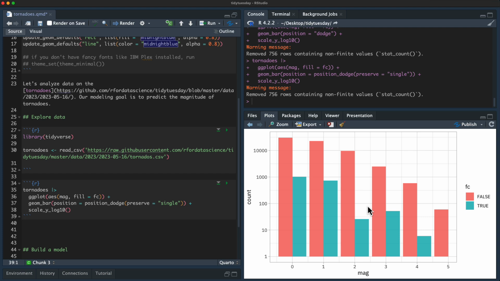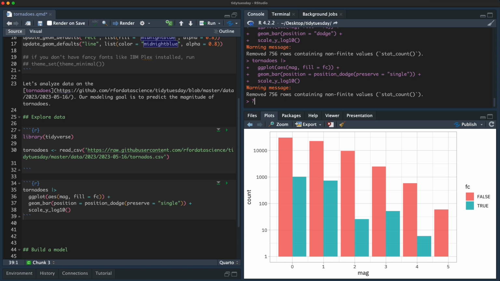And using this as a classification model, we will lose that information that we have about how these are related to each other. A tornado that is truly a class 5 getting predicted as a class 4 is very different than it being predicted as a class 1 in terms of how wrong it is. And classification metrics don't take advantage of that. So I think that's out. That's not a great option.